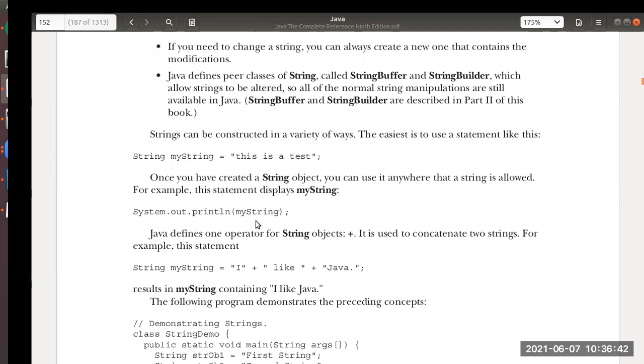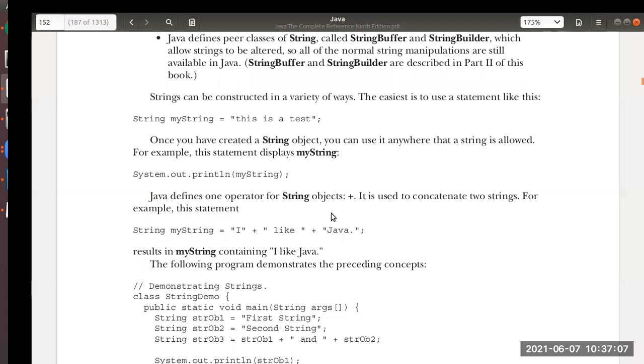Okay, now you all see here string can be represented or constructed in a variety of ways. Like here you can see myString is equal to "This is a test". Okay, so that particular thing you can display in this way. So you will be able to get the same display of this. This is a test.